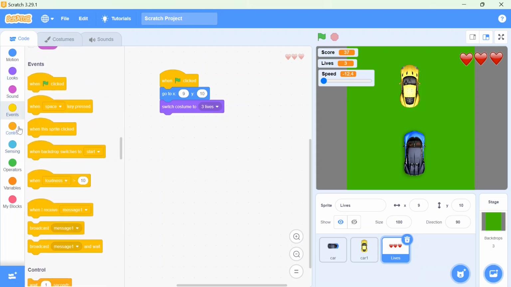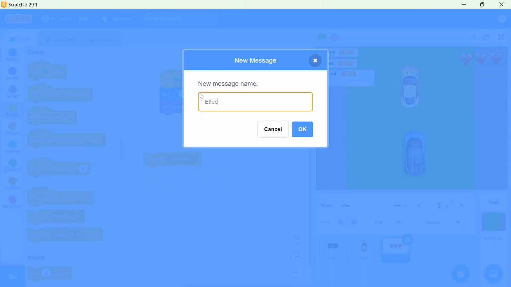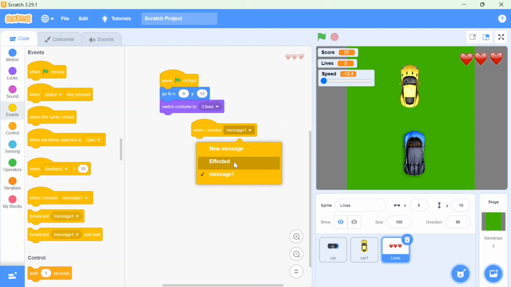I'm going to the event block and here I'm going to create one message that is affected. Okay, this message is created. I want to receive the message here for my heart. For that I'm going to choose receive message, and here I will choose affected.